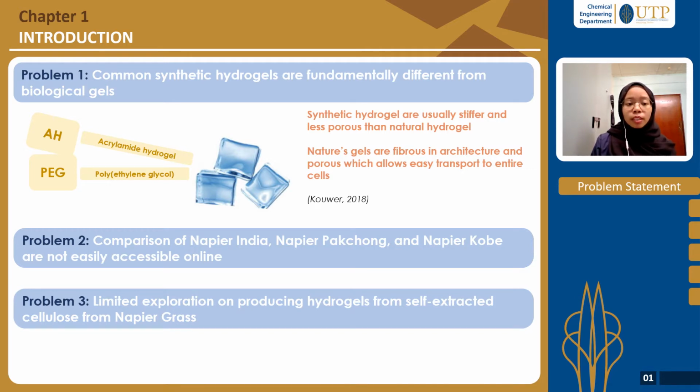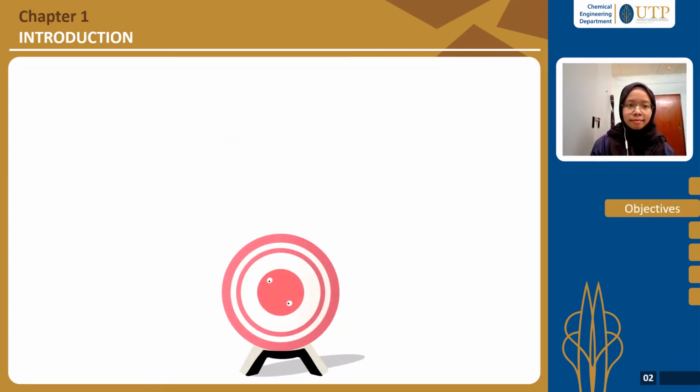Problem number 2 is that comparisons of Napier India, Napier Pakchong, and Napier Kobe are not easily accessible online. Last but not least, problem number 3, there is limited exploration on producing hydrogels from self-extracted cellulose from Napier grass. Done with the problem statement, now let's see the objectives that we would like to achieve by the end of this